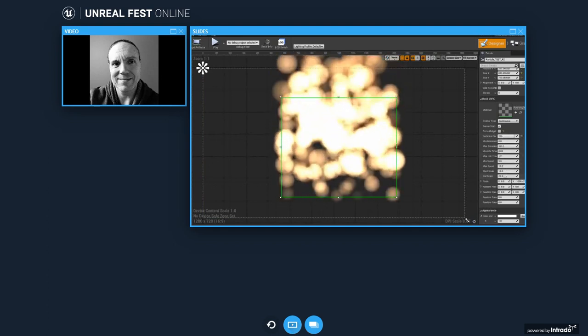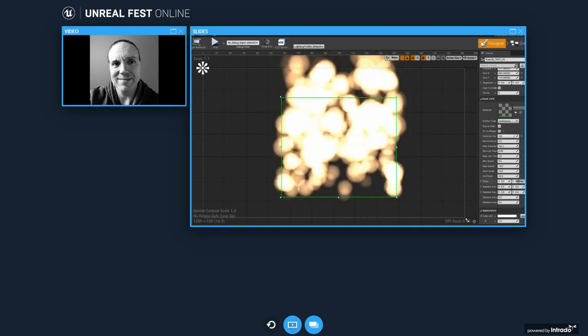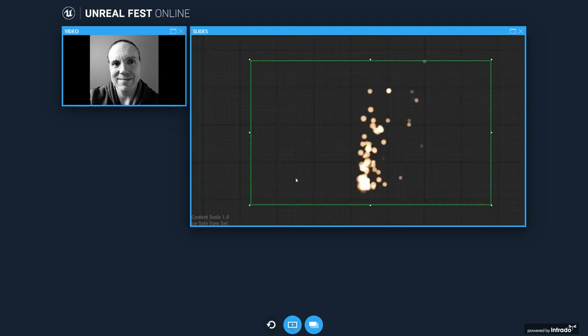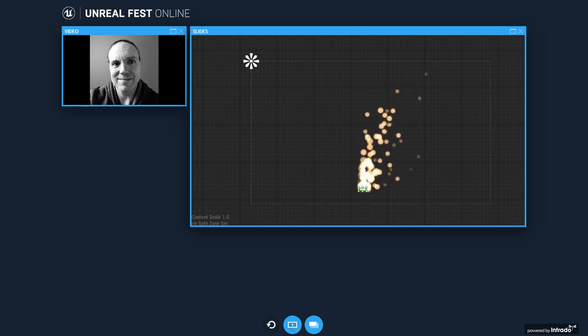This is an obvious example of a widget that needs lots of instances of an object and needs to be performant. So this particular emitter is rendering 200 particles. These are not going through normal slate drawing processes, but are instead laid out and positioned in a material on the GPU.